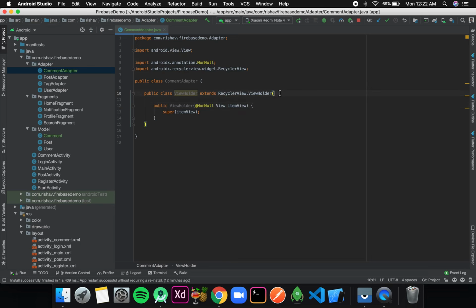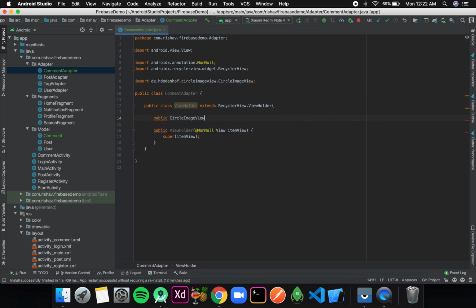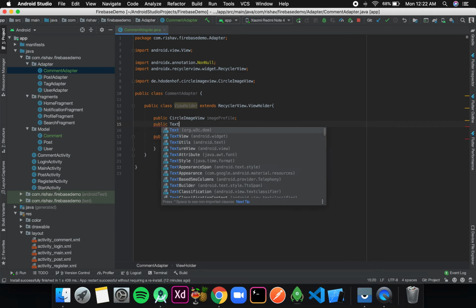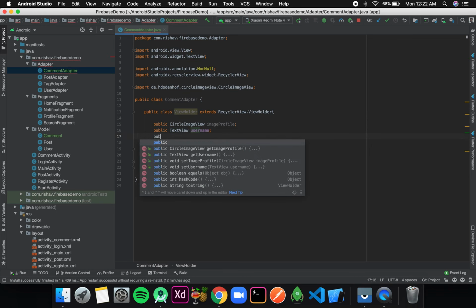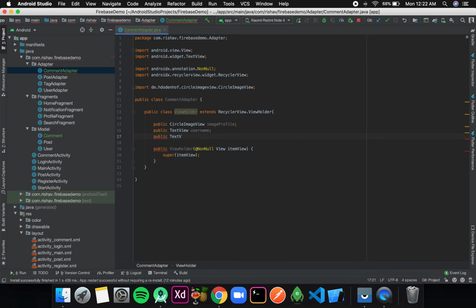Now after that, inside this view holder class I'll first have a public CircleImageView, that is image profile. Then I'll have public TextView username, public TextView comment.